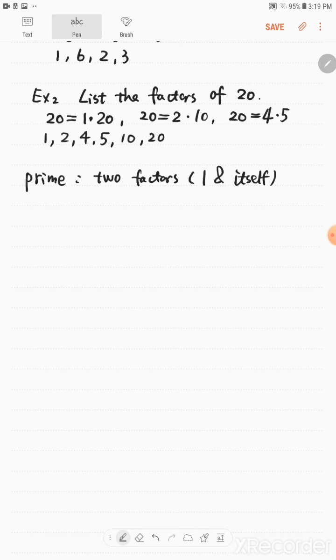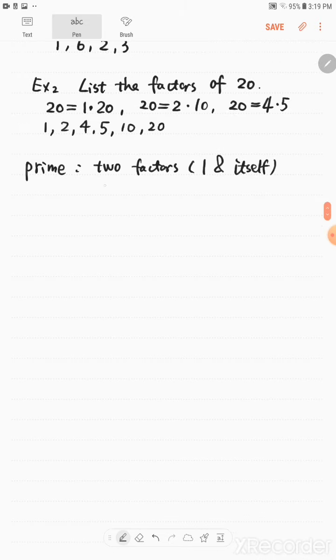So 2 factors, 1 and itself. For example, 2 is a prime number. 3 is a prime number. And 5, 7 are prime numbers. If we check number 2, we will realize it only has 2 factors, 1 and itself, 2. So 2, 3, 5, 7, they are